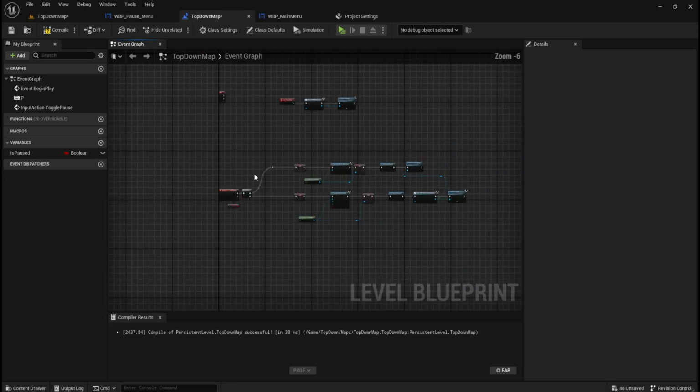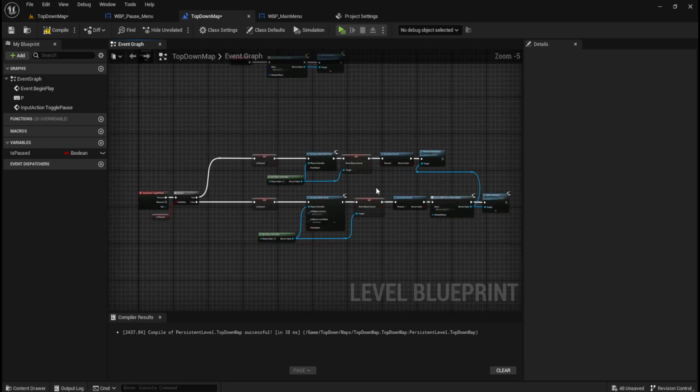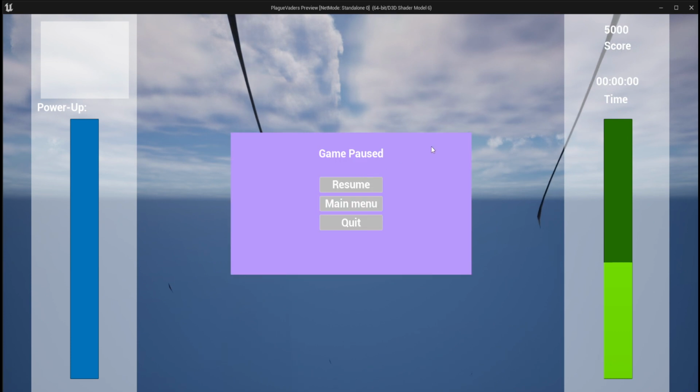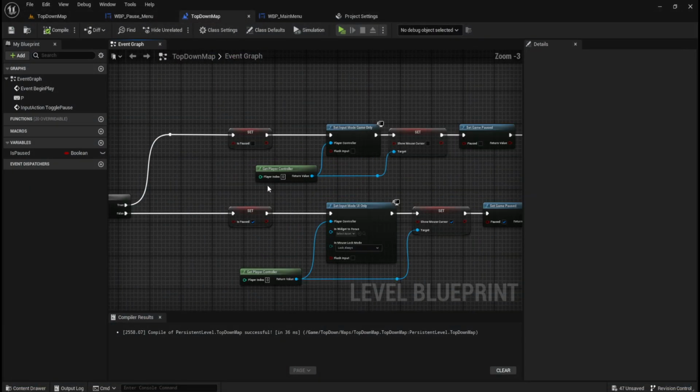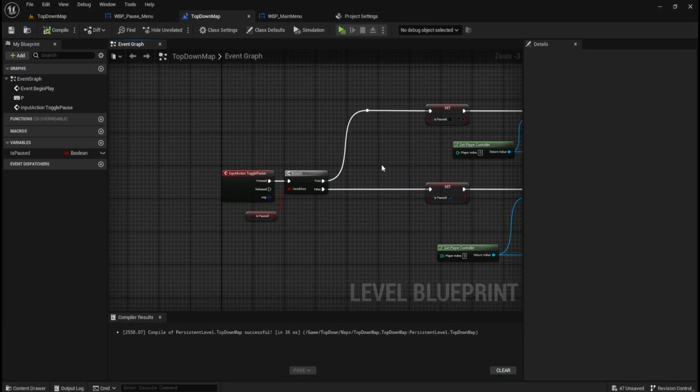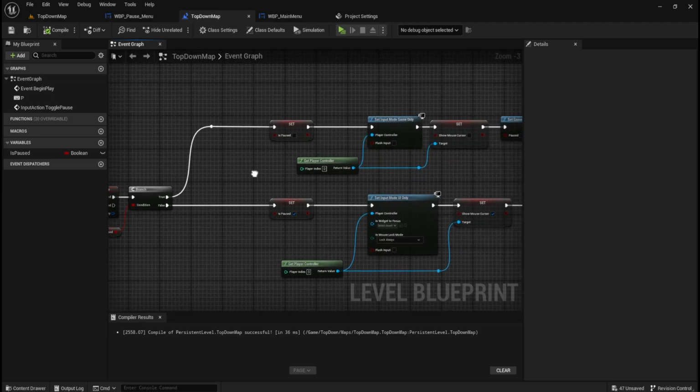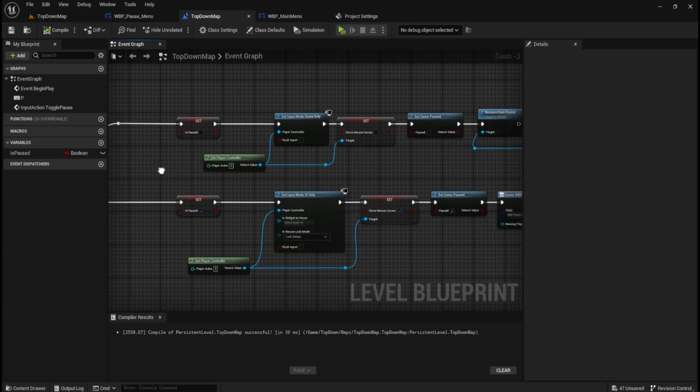I'm really not sure if this is going to work. If it does, it's going to be awesome. Player presses P. No. It is because of the